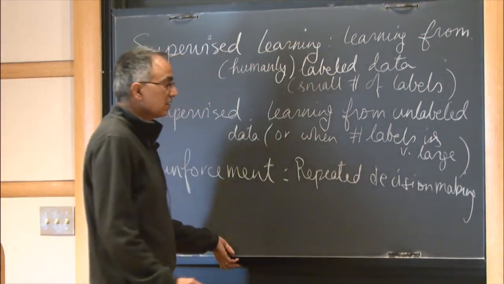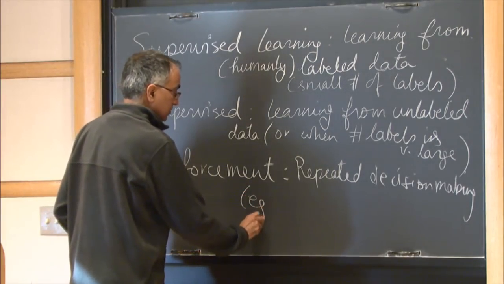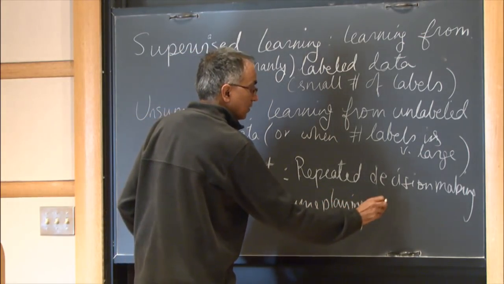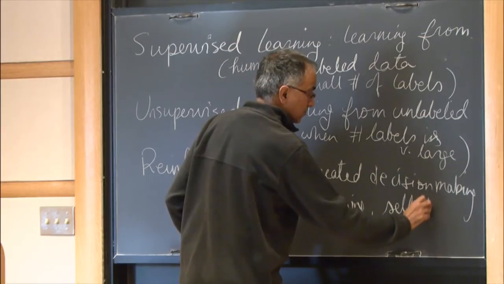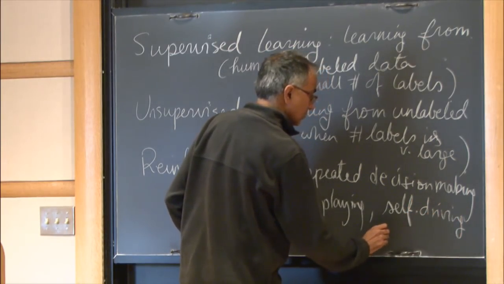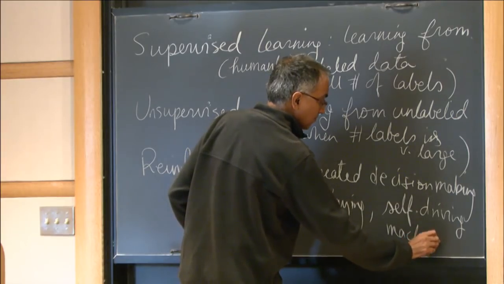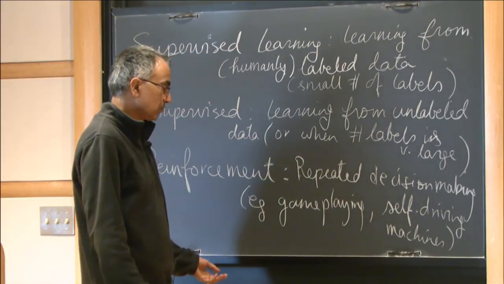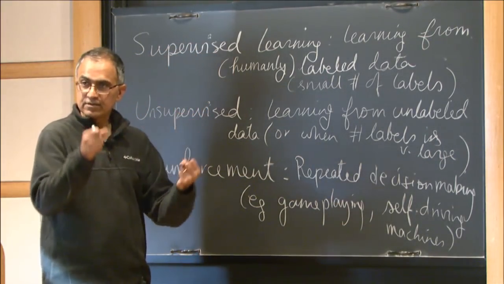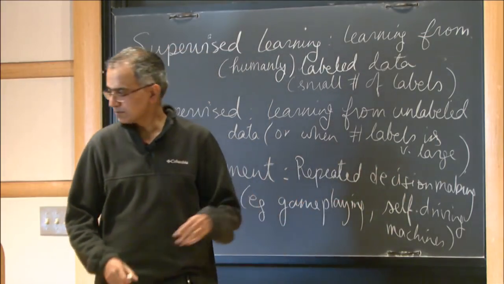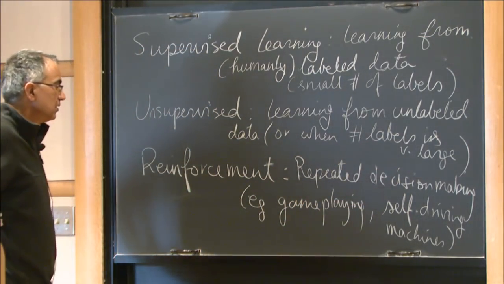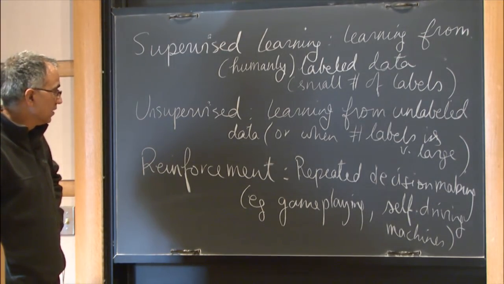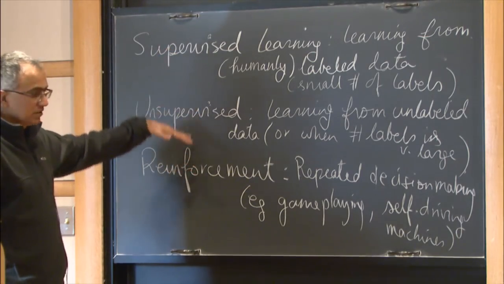Or sequential decision making, e.g. as in self-driving cars, e.g. game playing and self-driving cars. Self-driving, not just that it can set its own goals and do something. Okay, not just driving as in driving, but also do other things, robots. Okay, so that's a three-way high-level partition that people make, at least at the undergrad level, and so now we'll